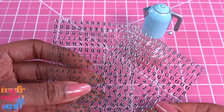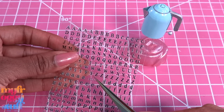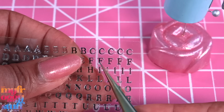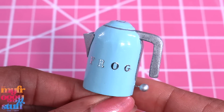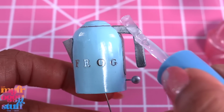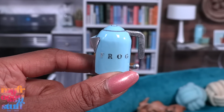I bought metallic nail stickers on Amazon. We can use them to write out SMEG or come up with our own little inspired name. I'm gonna go with Frog. I place the stickers going across the center, trying to get them as straight as I can. Add a top coat of clear nail polish, and once it's dry, we have a miniature electric kettle for the